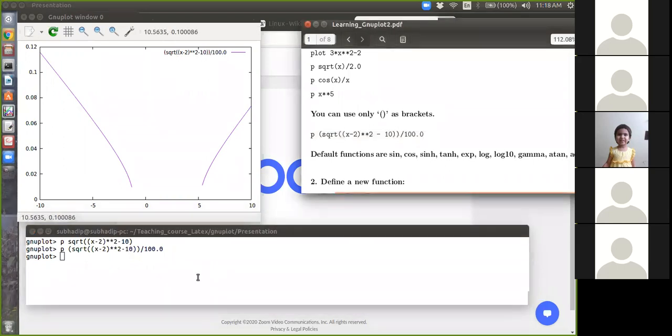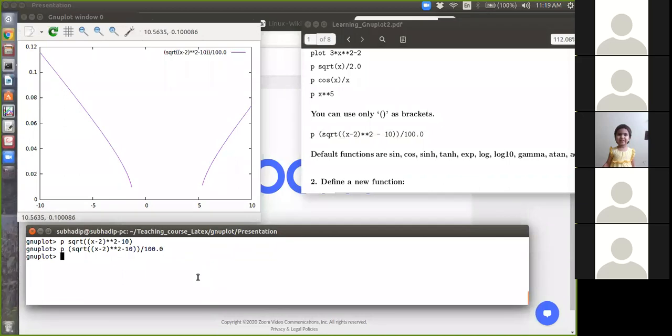Okay, so one shortcut to get the previous command in terminal is just to use the up arrow on your keyboard, up and down. You can see I am getting the previous command. Again up arrow, previous command. So you can come back to the current position by pressing the down arrow. Okay, I mean it works for Linux. I don't know about the Windows operating system.